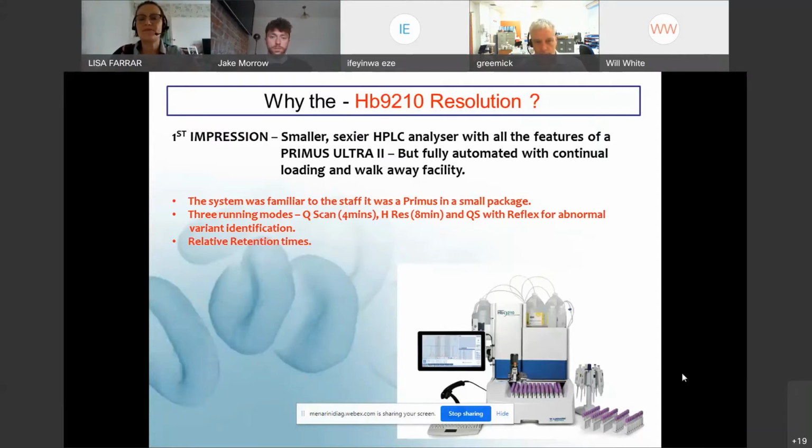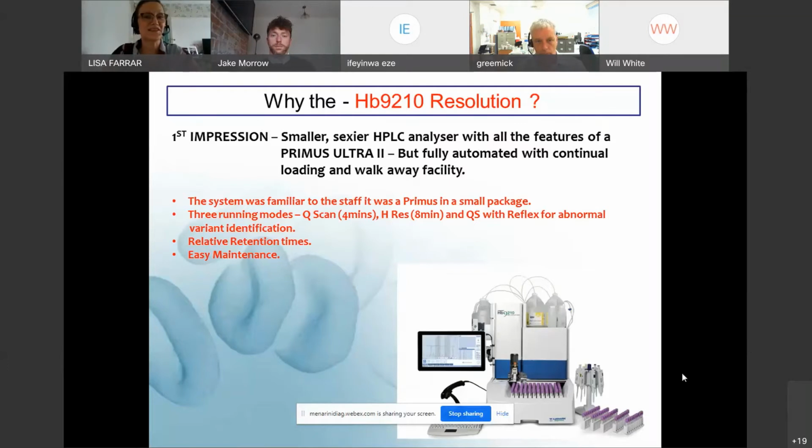Relative retention times have remained with this analyzer, and this is one of the major points for us actually wanting to look at this HPLC analyzer in the first place, because relative retention times have revolutionized some of the ways of us looking at abnormal variants. It's easier maintenance than a Primus Ultra, and we didn't think that that would be possible because the Primus